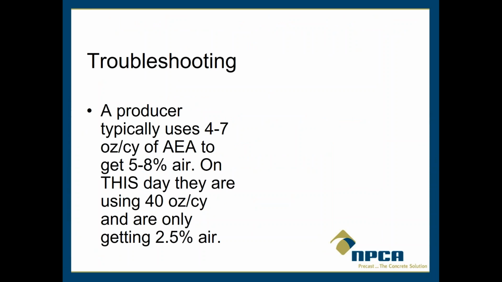Okay, so troubleshooting, and this is a very common example. In fact, this actually just happened within the last month. A producer typically uses 4 to 7 ounces per yard of an air entraining agent to get 5 to 8% air. On this day, they're using 40 ounces a cubic yard, and they're only getting 2.5% air. So we get the call, and there's a lot of things going on, but this is something that we can't